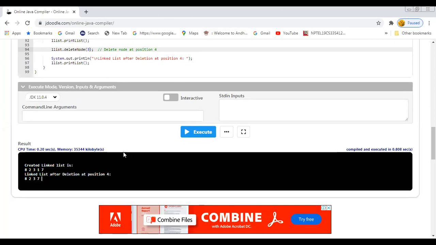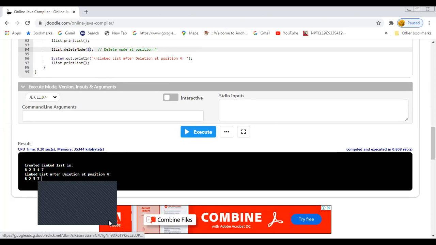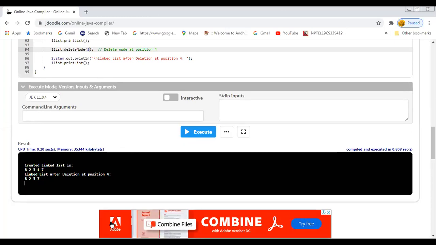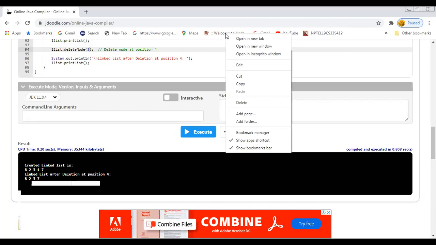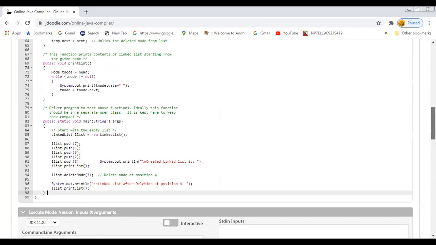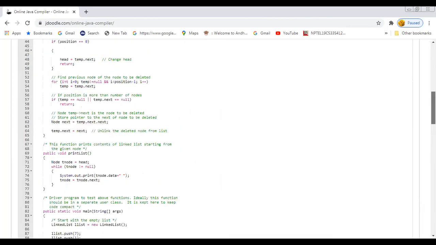So in such a way, you can delete a node from the list anywhere, either from the beginning, from the last, or from the middle. Right? So this is about how to delete an element from the linked list. In the last class we saw the insertion operation, and in this class we have seen the deletion operation.